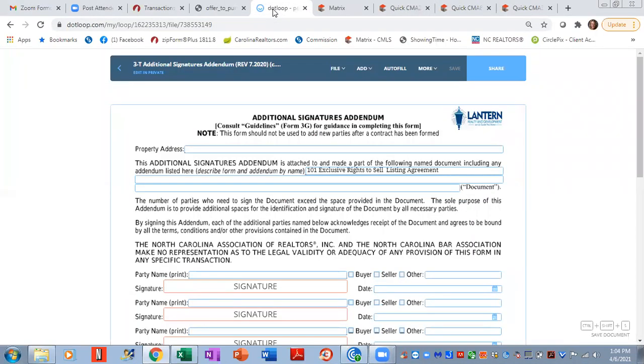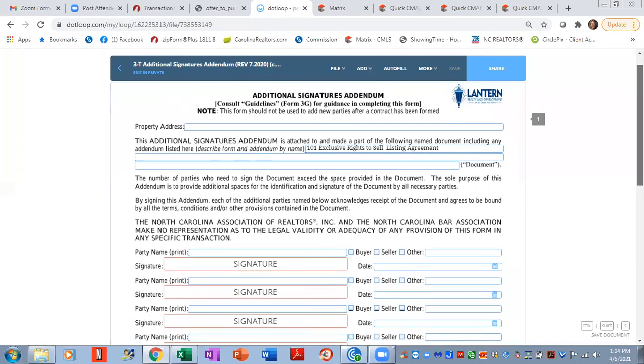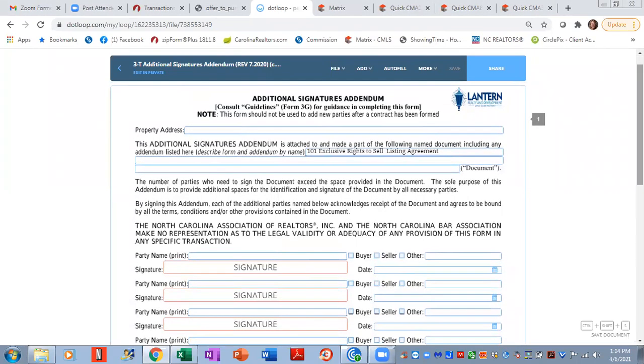I was going to start with the additional signatures addendum. There are times in estates, most likely you will see this, that we need additional signatures to the sale of a property. So always, if you're working with an estate, you would like to get a copy of the will. It will be required for the lawyer to review, and it's also good for you to review as the agent so that you know all the parties and all of the signatures that are required to sell the property